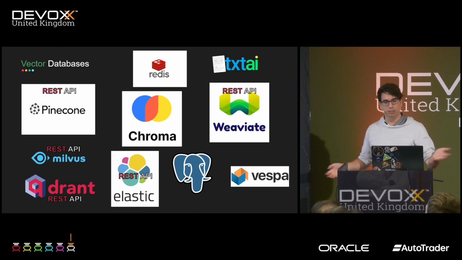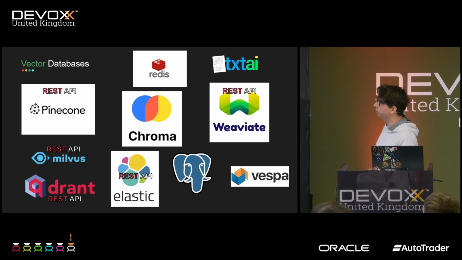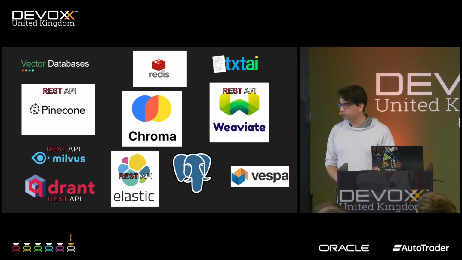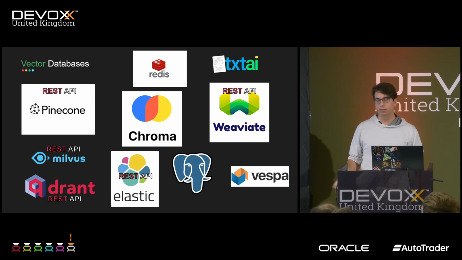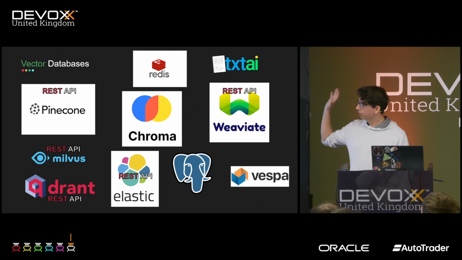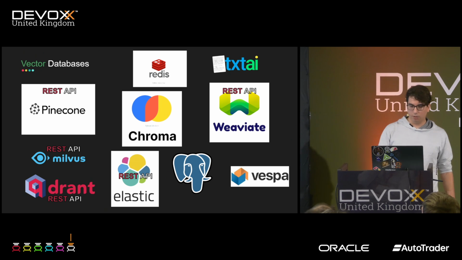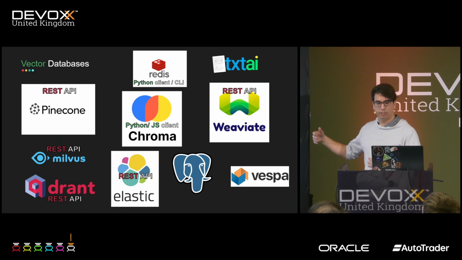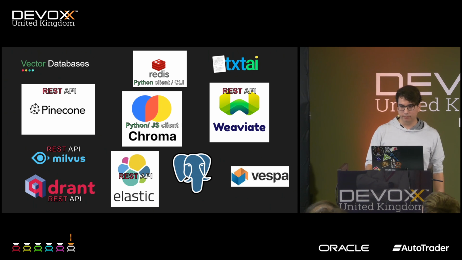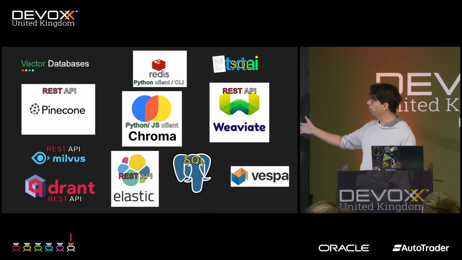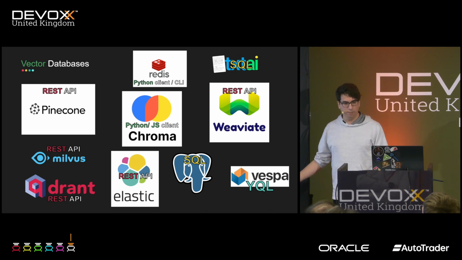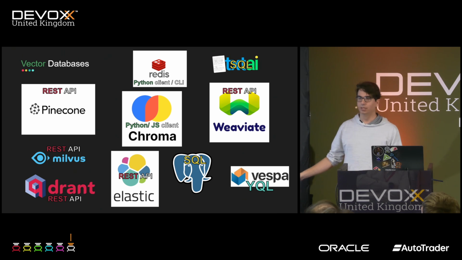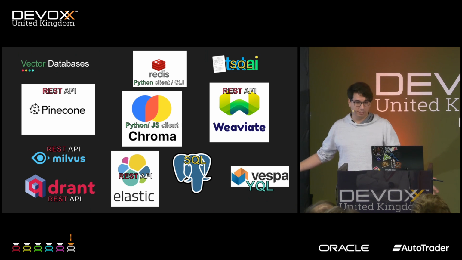Of course, you want to call or insert or take things out of the database. A lot of them have REST APIs. By the way, all of them have a Python client because Python is king in AI, right? So all of them have Python clients. Some of them have REST APIs you can call. Some of them have JavaScript clients or CLIs. Some of them you can call through SQL. And Vespa you can call through YQL. I think it stands for Yahoo Querying Language, but I'm not 100% sure, which I've never used. It's an interesting choice.